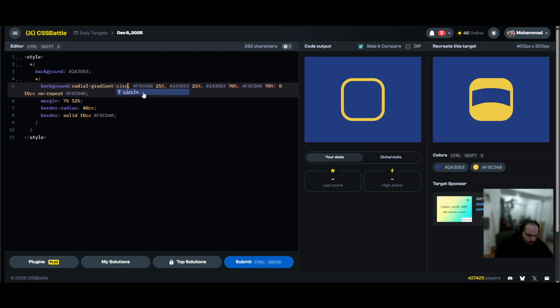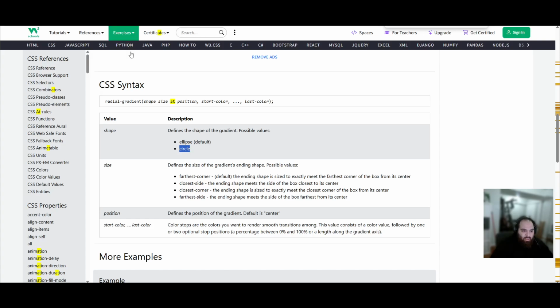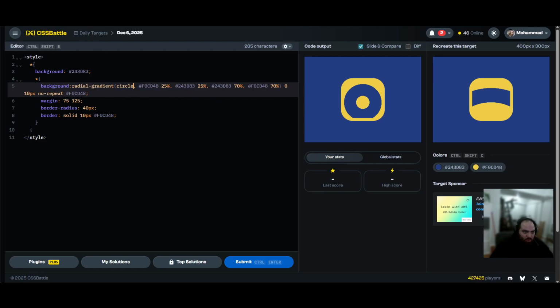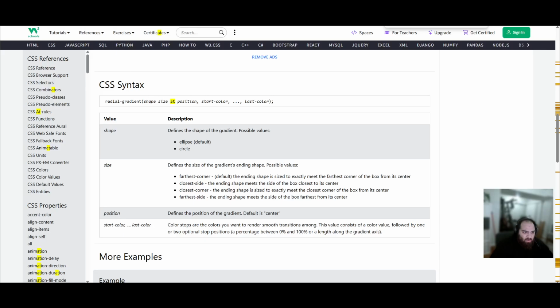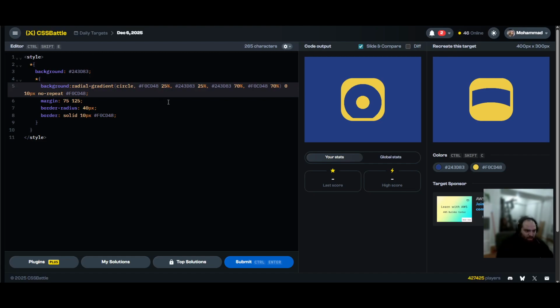Okay, circle. But I want to scale it. Size defines the size of the gradient's ending shape, possible values. Last color. Default is center. Position at. Okay, so it's like shape, and then we'll go at